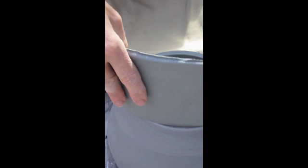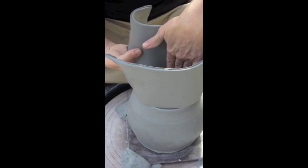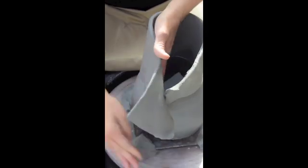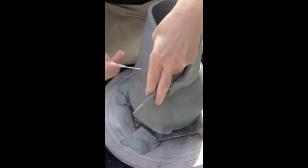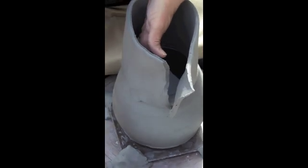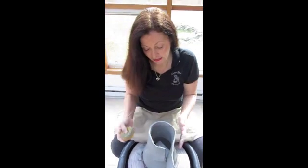okay? Then you're going to take your strip of clay and you're going to add it on just like this, tacking it a little bit as you go so it stands up just like that. You're going to cut off the excess and you're going to work all the way around using your fingers first and then a rubber rib. Okay, so after you've tacked it on the outside and you've tacked it on the inside, we're going to secure